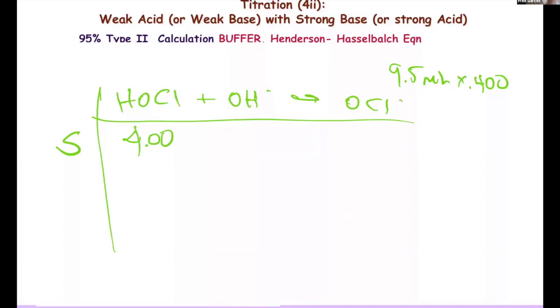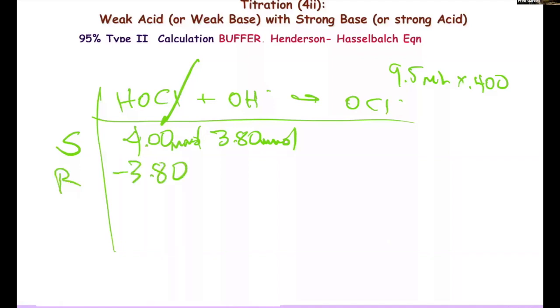because now it's being reacted with 3.8 millimoles of hydroxide. Okay, you've got to put the original here, not the answer from the last question, because you've got to start each analysis as if it was fresh. So take a look. This is still stoichiometry, the first part. That's why we have SR, start, react, minus 3.8. This is going to be plus 3.8. All the base takes 3.8